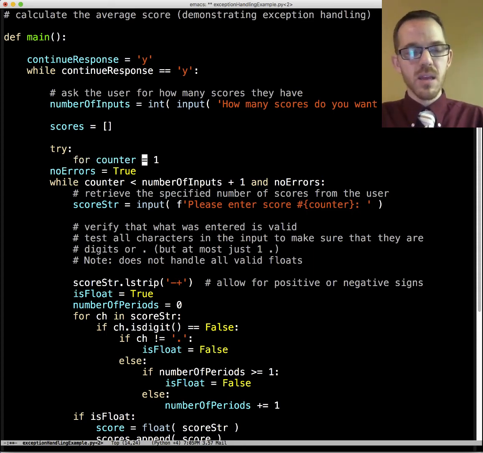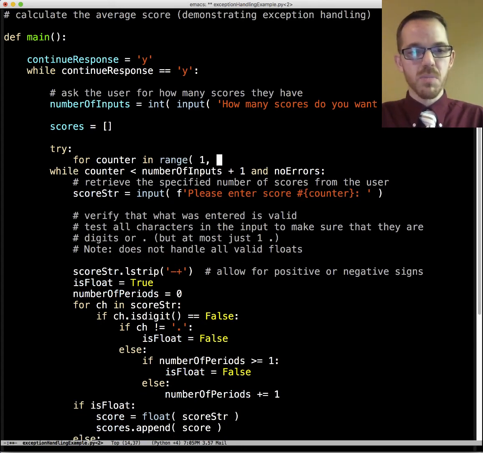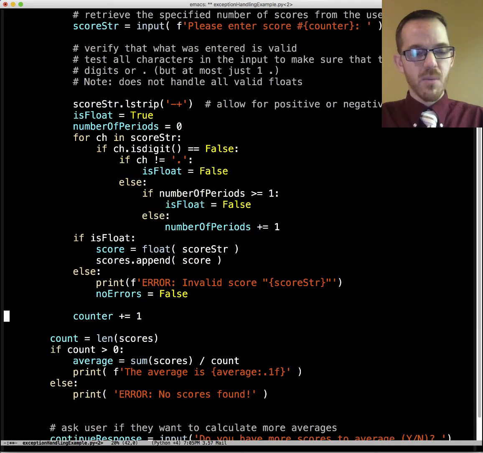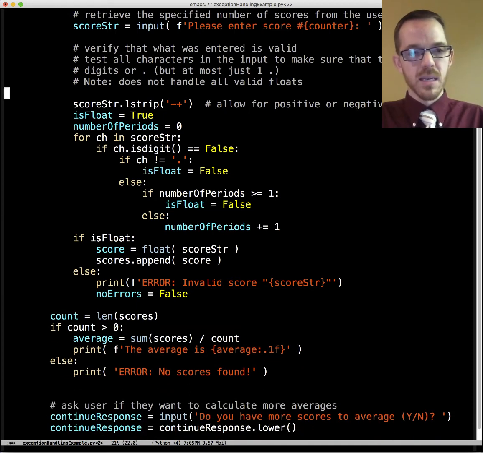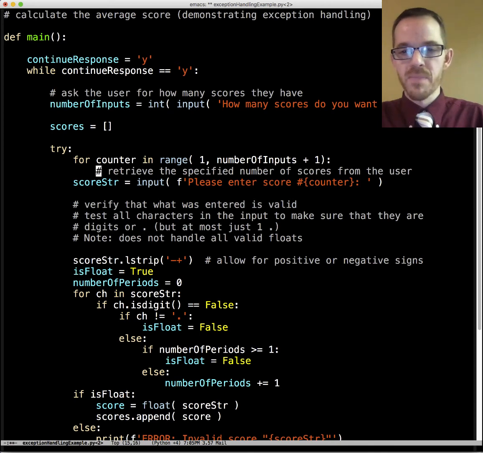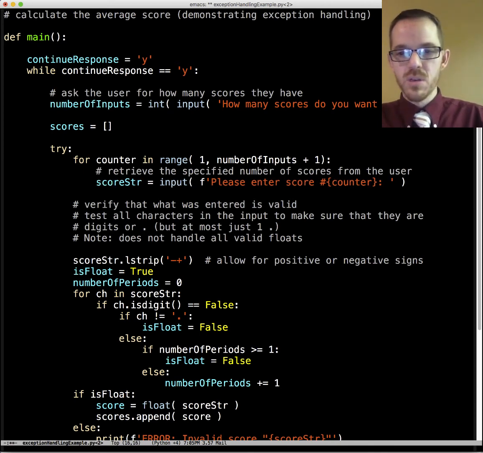So we could say, hey, the counter in range, and let's keep as much the same as possible. So to number of inputs plus 1. Okay, so we just simplified that loop here. Because we simplified that while loop, we can get rid of that counter increment there, because that'll cause problems otherwise. We still need to retrieve the specified number from the user, and so we're just going to get that here